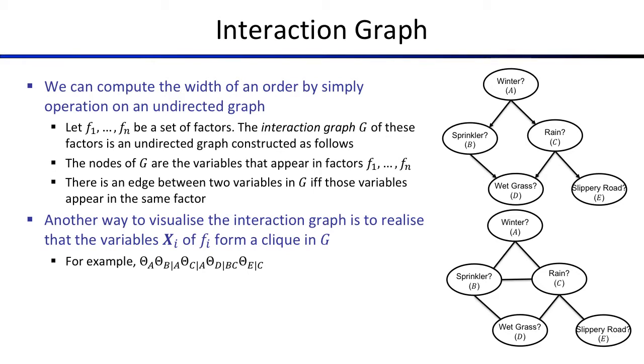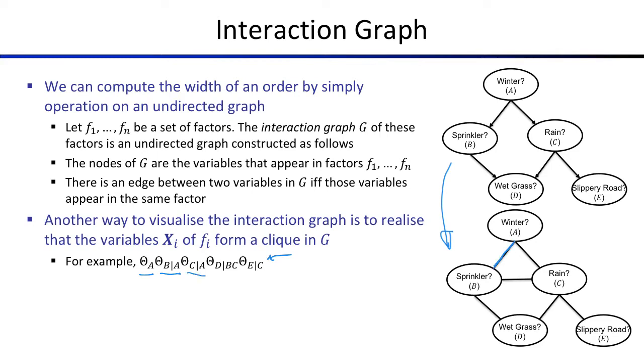So for instance, we have this Bayesian network here, and we will create an interaction graph for it. We copy the same nodes, so we have the same variables, and we connect two variables together if they appear in the same factor. So these are the factors that we have for this Bayesian network. We have this factor here, theta a, that only has variable a, that's fine. We have this factor here that mentions variables b and a, so we need to connect them with an undirected